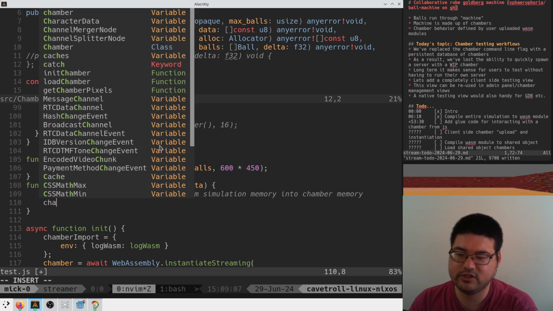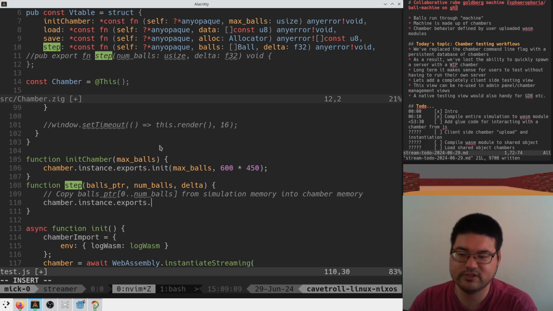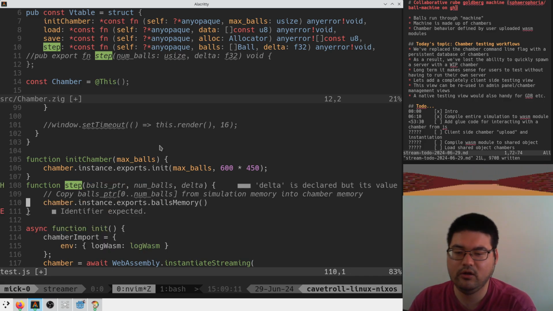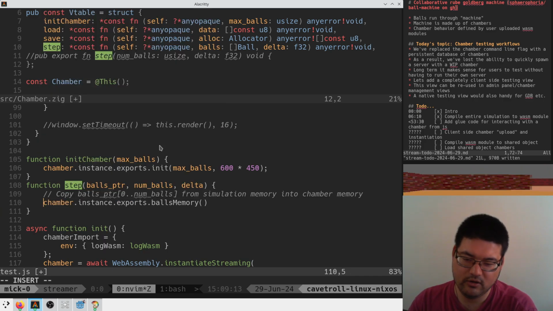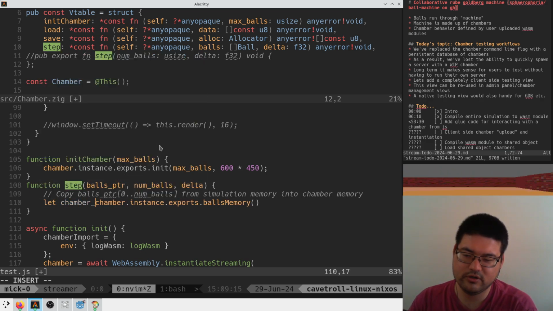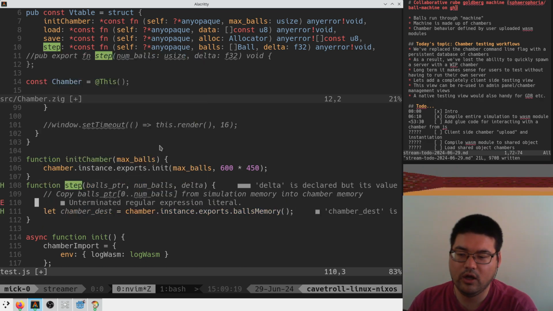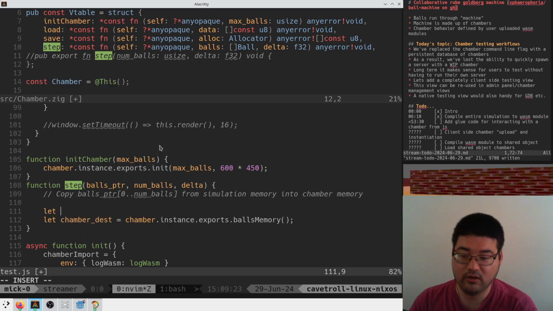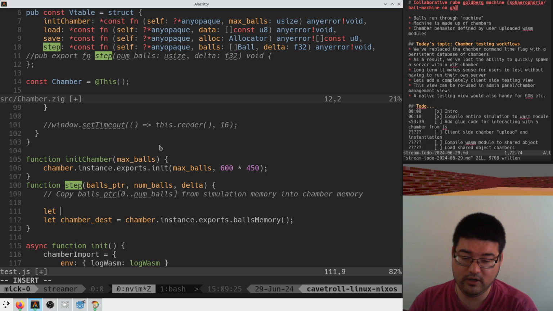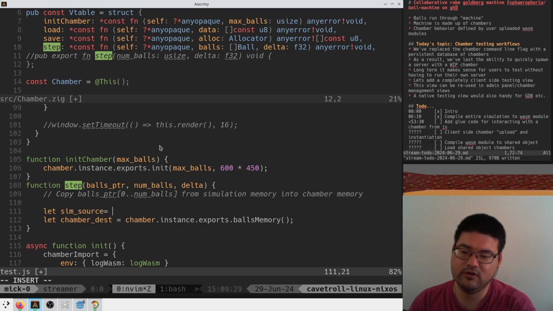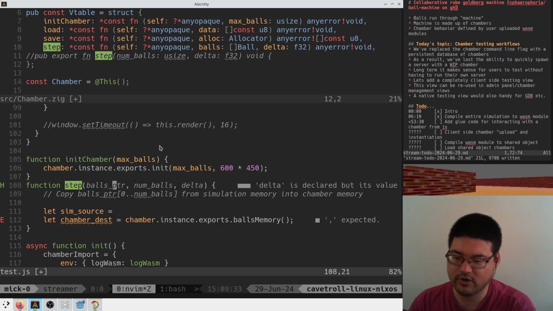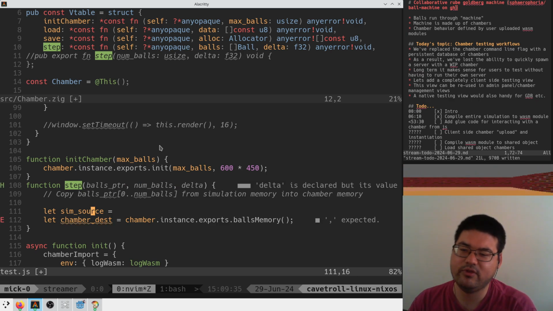So we're going to say chamber instance exports balls memory. And this is going to be the chamber dest, right? We are going to say let sim source is equal to, this is already balls pointer. Okay, so we have like